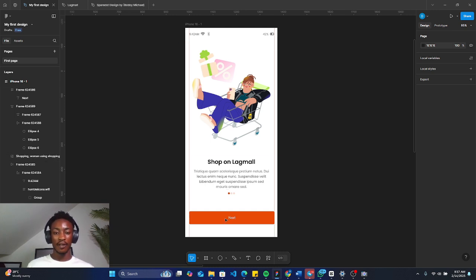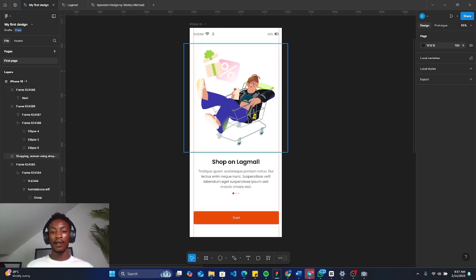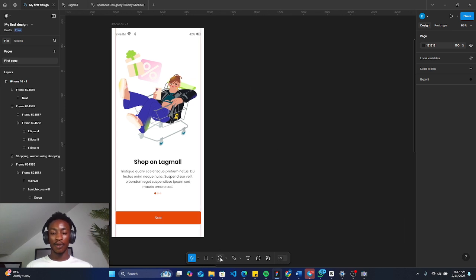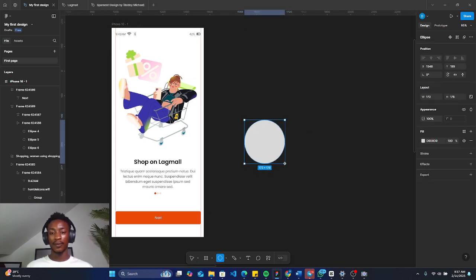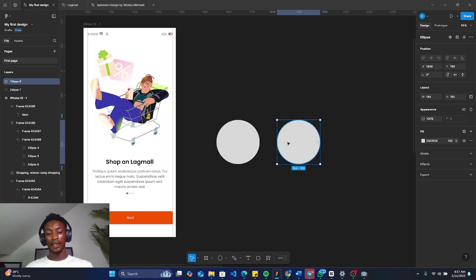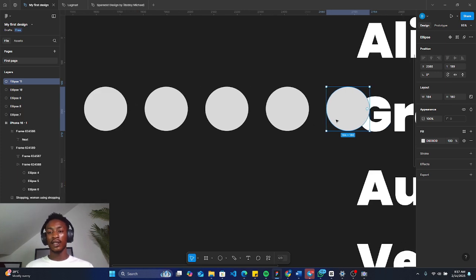Most of what we did here is using auto layout, and it's because all we need to do is to align text and align our icons. But if we have more to do, like grouping images that we don't want to be in a particular flow, then we can use grouping. For example, if I have this circle like this and like this, and I want them to be in a particular flow,